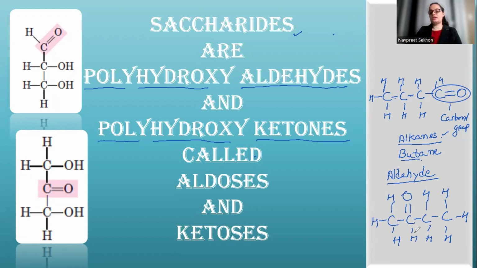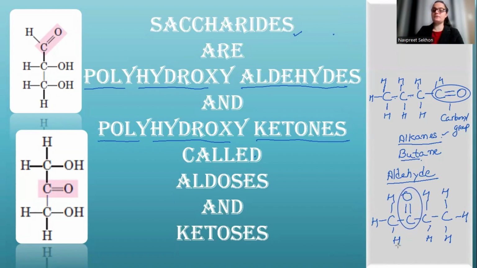Now, if you count the number of bonds around the carbon over here: 1, 2, 3, 4, 5. So there are a total of 5 bonds over here, which is not possible. So this hydrogen over here will also be eliminated, or we can say substituted, or replaced by the double bond O. Now, if you see, this is again a carbonyl group. This is C double bond O.